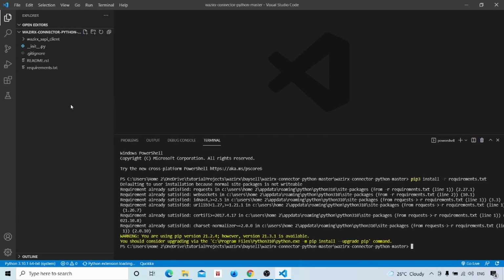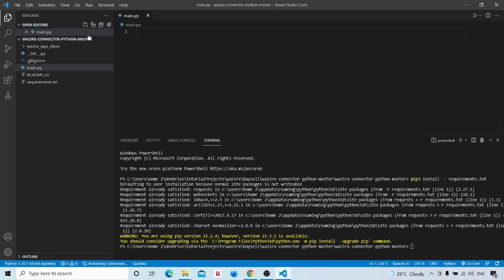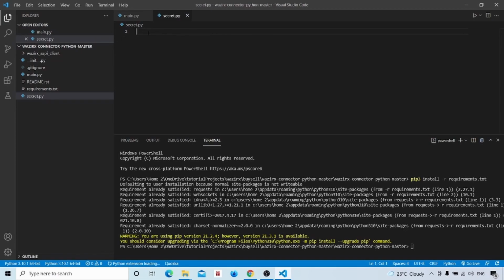Now after that, we have to create one file called main.py for writing our code, and we will also create one file called secret.py for storing our API keys. Now go to this folder, WazirX API client.